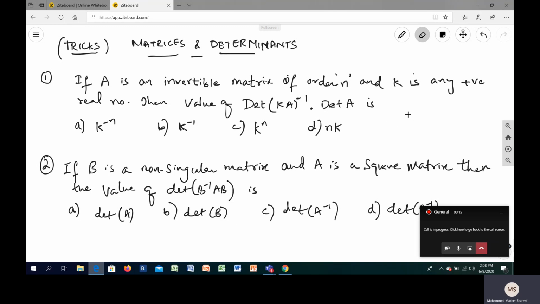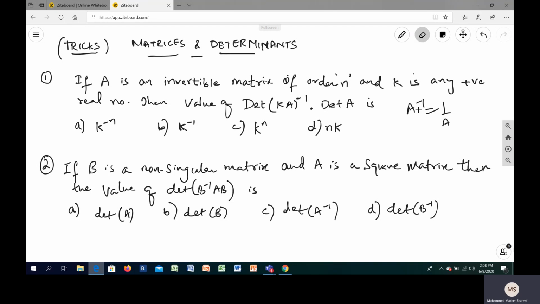As we know, A inverse can be written as 1 by A, which is exactly the same thing. So like that you just have to follow. In fact, if it is given in the determinant, let's say I have determinant A inverse, it is exactly equal to this one. This is the simple trick that you need to remember, the property of the determinant, and apply it in your questions. Your answer is going to be quick and you can do the questions in a very short span of time.